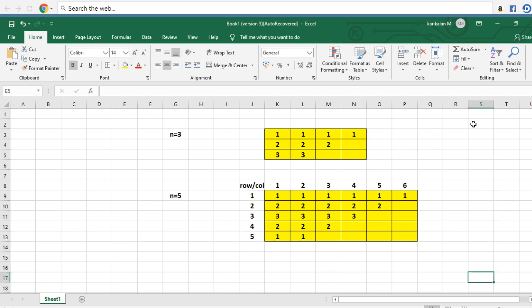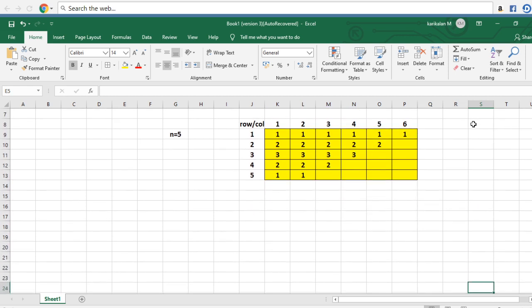We are going to print the pattern using these two major things: rows and columns. If you are going to start solving any pattern problem, we take three major things.